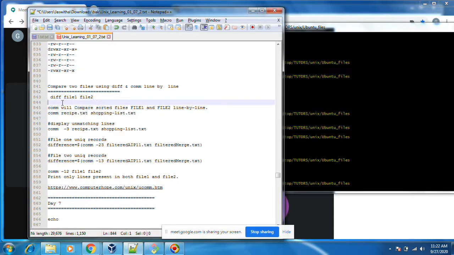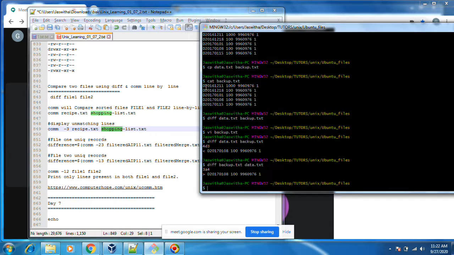There are some other commands that will check the difference. This comm command works only if the content of the two files is in sorted order, that is, alphabetical order.